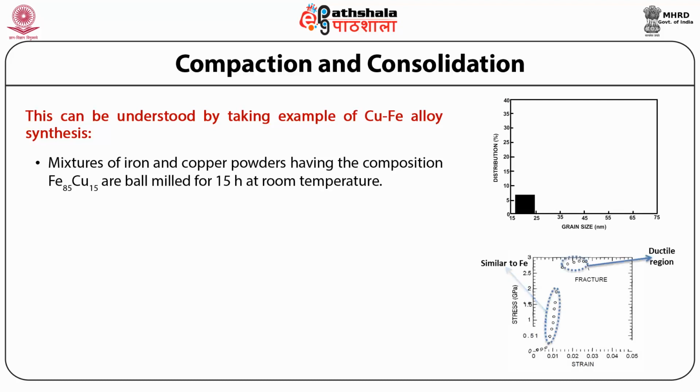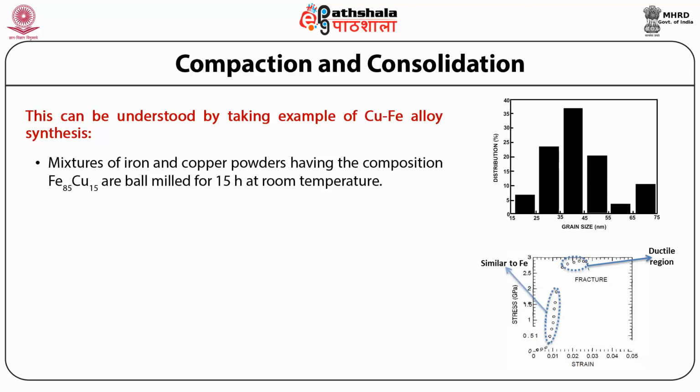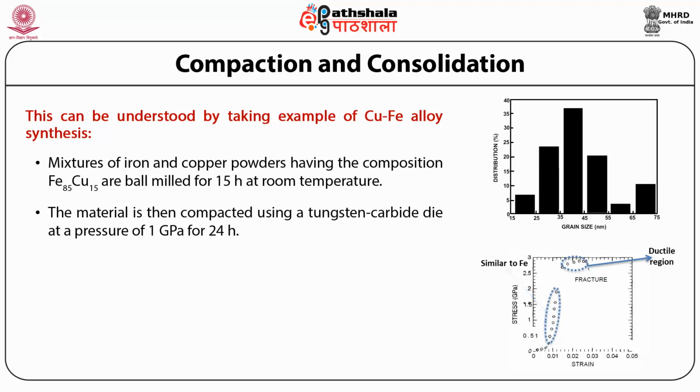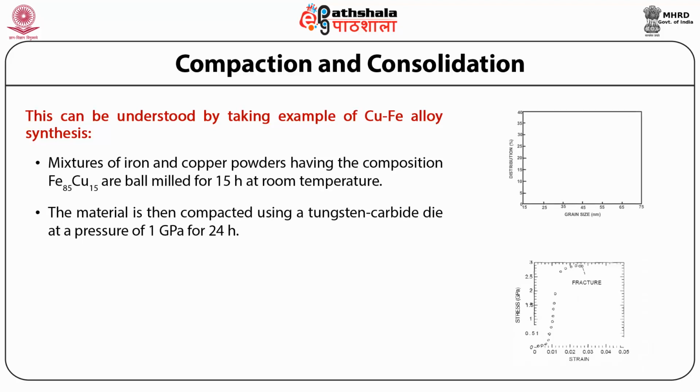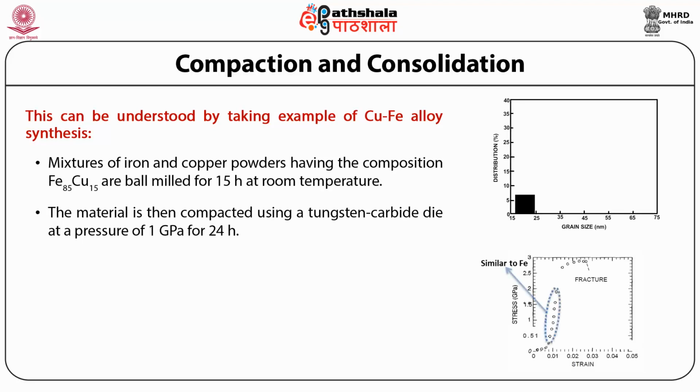For example, here it is Fe85Cu15, made by ball milling. Ball milling is a technique carried out for 15 hours at room temperature. The material is then compacted using a tungsten carbide die at a pressure of 1 gigapascal